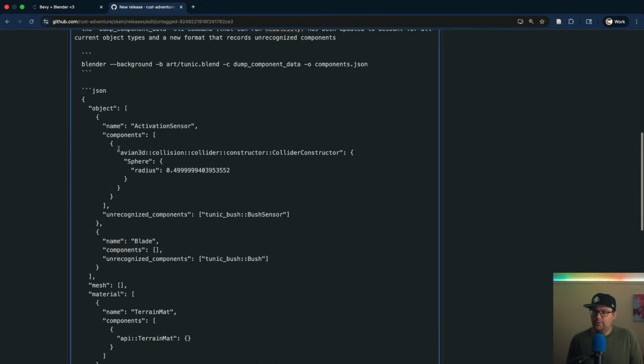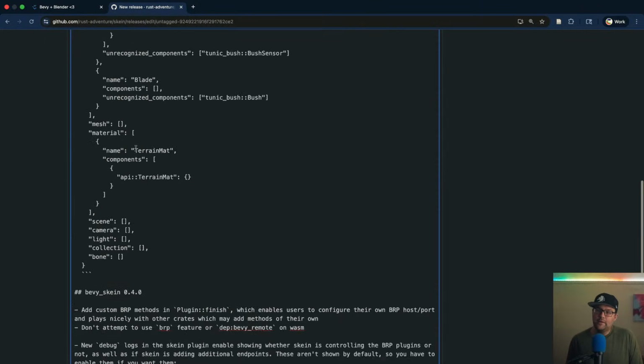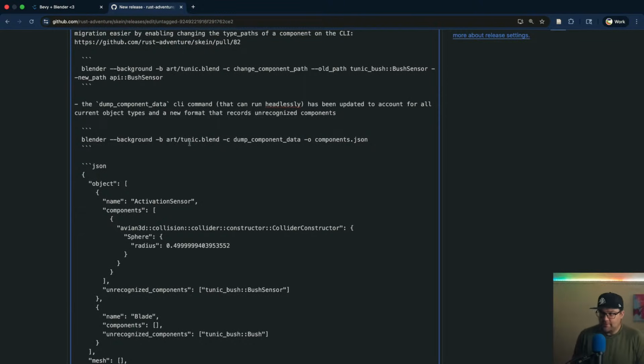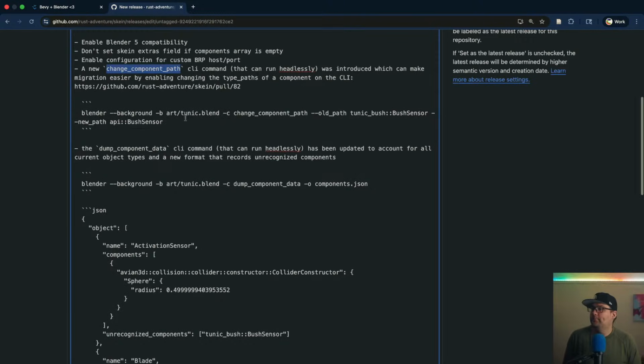And two new CLI commands, or rather I've updated the old CLI command that dumps component data to be up to date with everything that we do inside of Skein. And then this command allows you to take an arbitrary blend file, run Blender headlessly, and change a component path from an old path to a new path. So if you're moving stuff around inside of your application, this should make it easier for you to